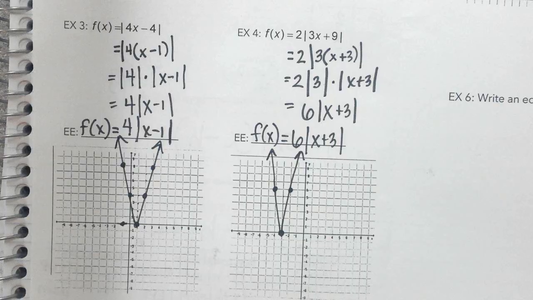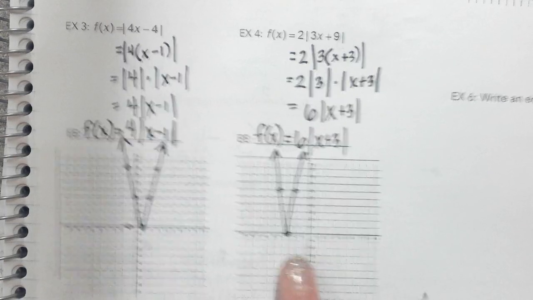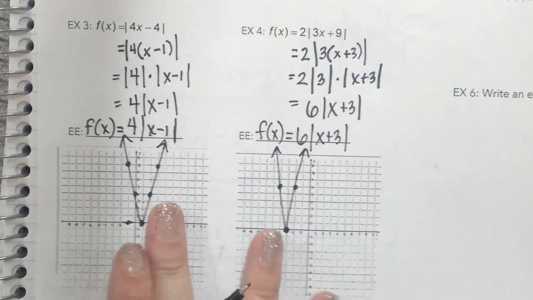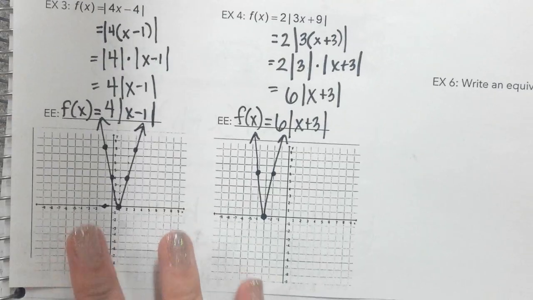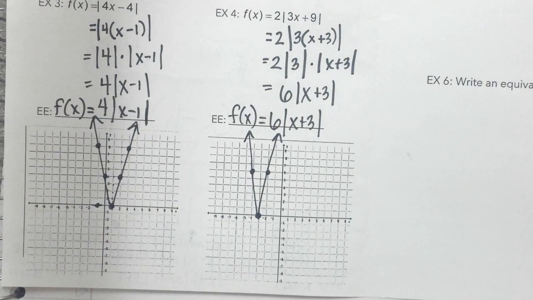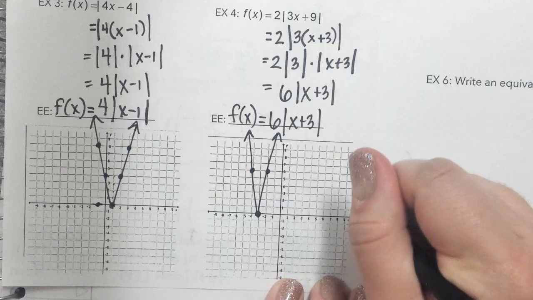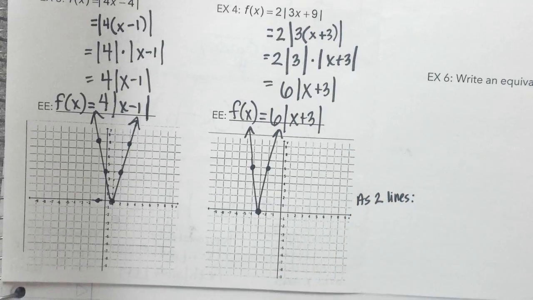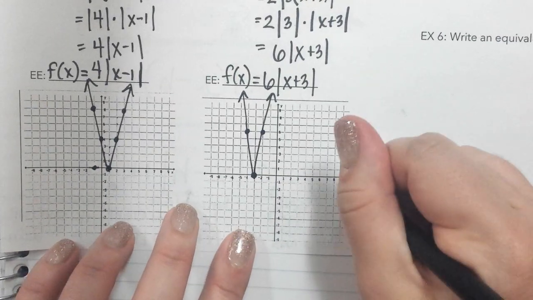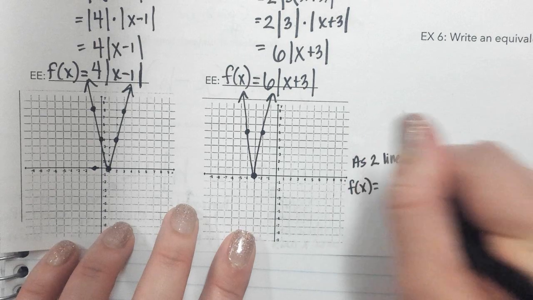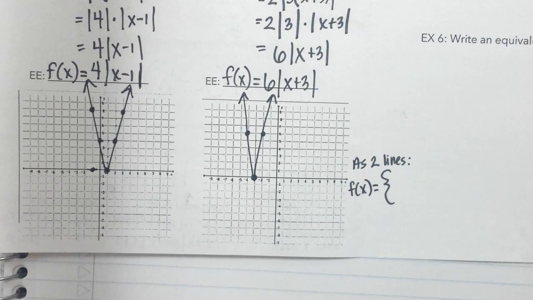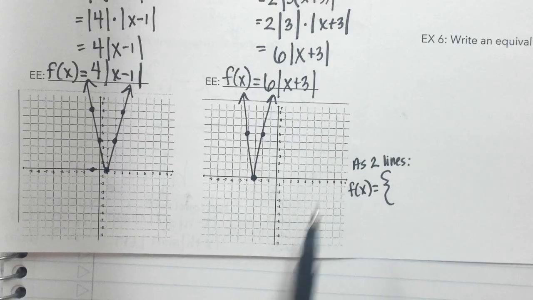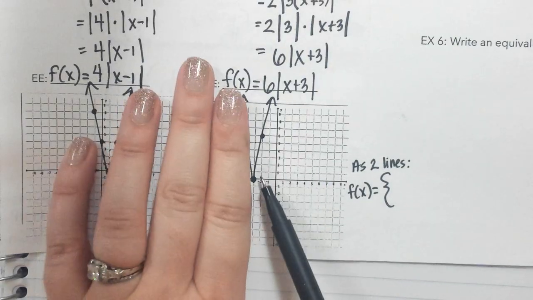Now I want to do something else with this one. I could have done it with all of them, but I'm going to prove that point with this one. Let's say I want to write it as 2 lines. I'm going to do that down here, as a piecewise function of 2 lines. I want to write this a different way. f of x would equal, on the right side,